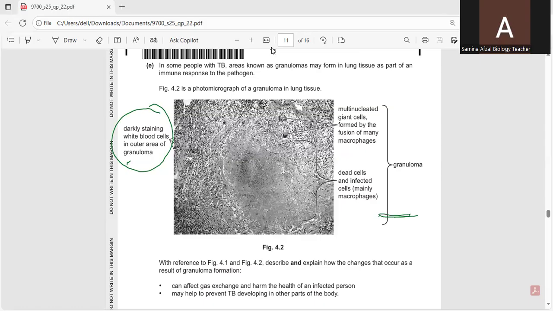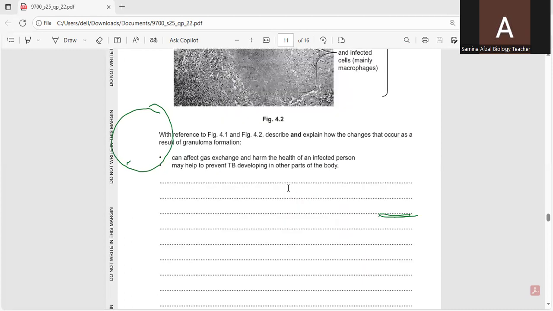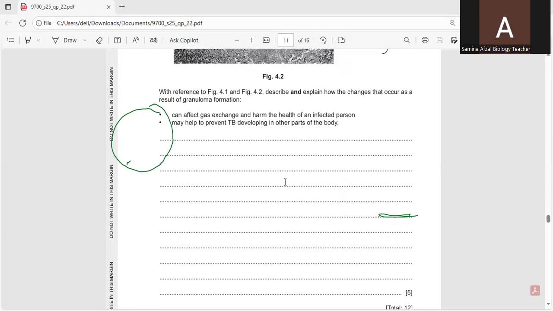So it means in granuloma, the multinucleated giant cells are there. They are fused together due to the fusion of the macrophages, and then the others are the dead cells and infected cells, so they will be collectively known as, or they are also the macrophages, so they collectively make the granuloma. So with reference to picture 4.1 and 4.2,